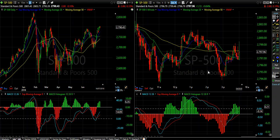Over here on my daily chart, we're looking at, generally speaking, the same levels. Right through here was that big target level that we were looking at for the S&P to break out of. You can see that right through this general area, it is having a bit of a challenge. It did break out, but it's not really doing much since breaking out other than moving sideways for the last